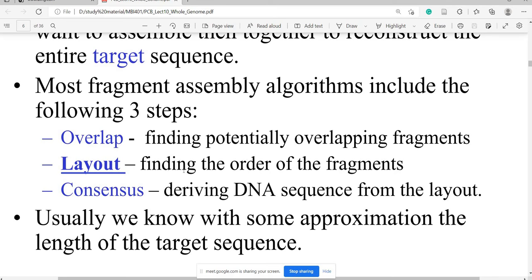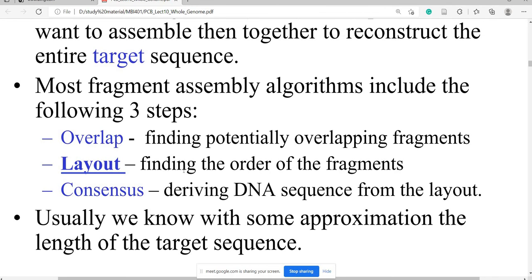What is the order of the fragments? How can we assemble these? It means what will come first, second, third. So we have to order them according to that. Then we have to find out overlapping or ordering. You can predict the order also after the first step. It will become easy. Then finally you have to find out the consensus sequence, which means you have to construct it. Once you know the order of the fragments, you can construct the whole sequence.